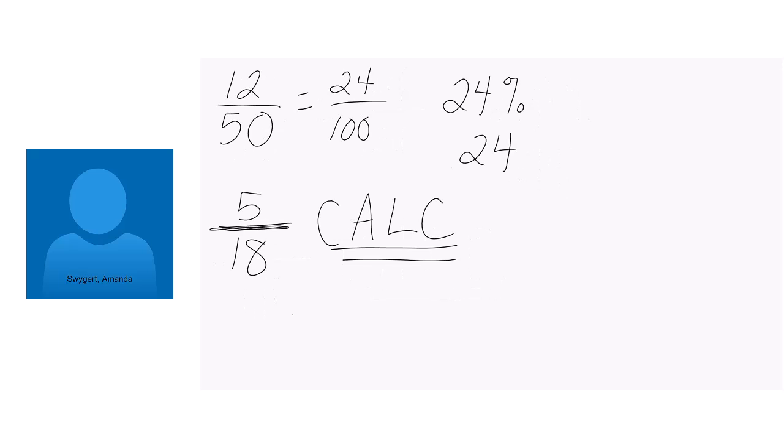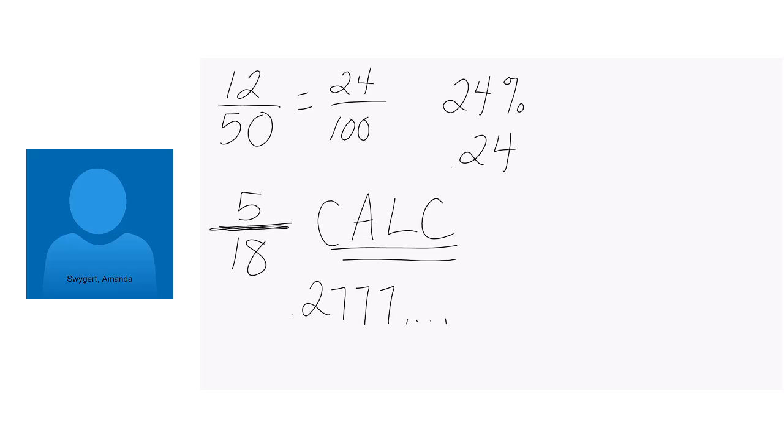All right, so you should have 0.2777, and it just keeps going. Now, depending on your calculator, it'll probably round the last spot. You might see an 8 there, and it's not truly an 8. It's just the calculator can't fit any more, so it's going to round the last spot that it sees. So this is just 0.27, and then the 7 goes on forever, okay? So that's not something I would have been able to easily get by working with the denominator of 100. This is a harder fraction. But if I needed to show this as a decimal or as a percentage, your calculator is the way to do that.